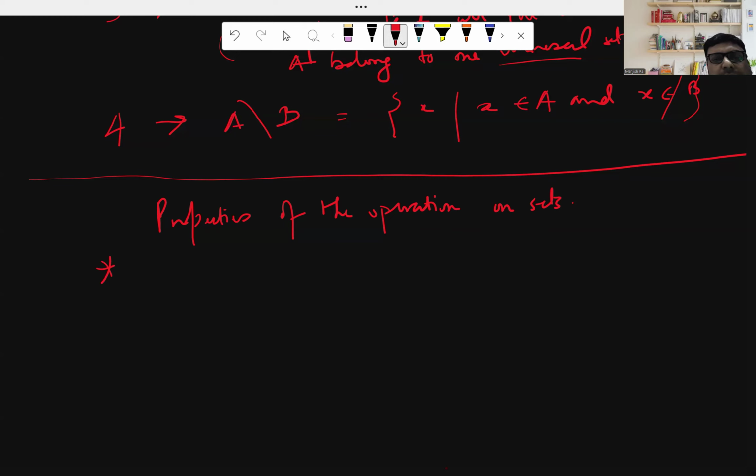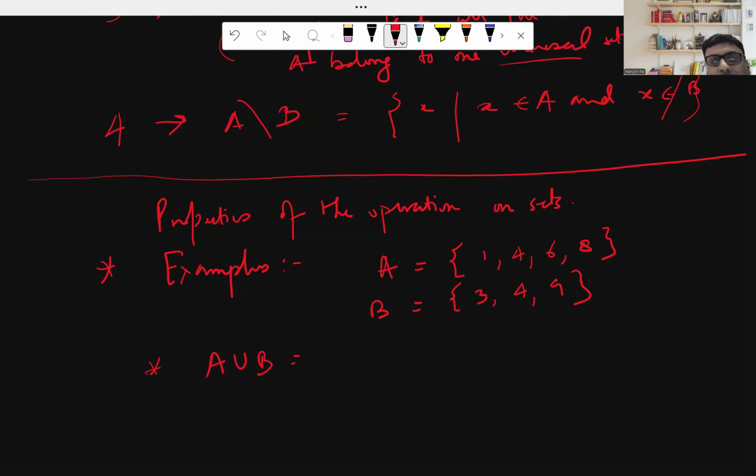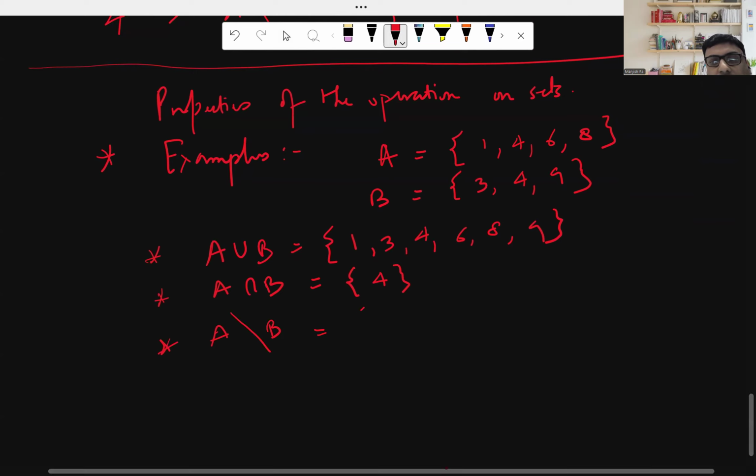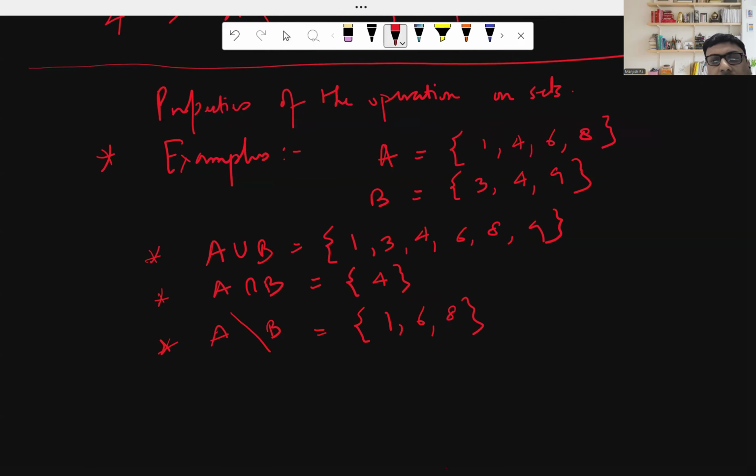So if we take examples of the operations that we discussed, for example, if we take A to be a set and B to be a set, then obviously A union B is, A intersection B is, A minus B is, B minus A is,